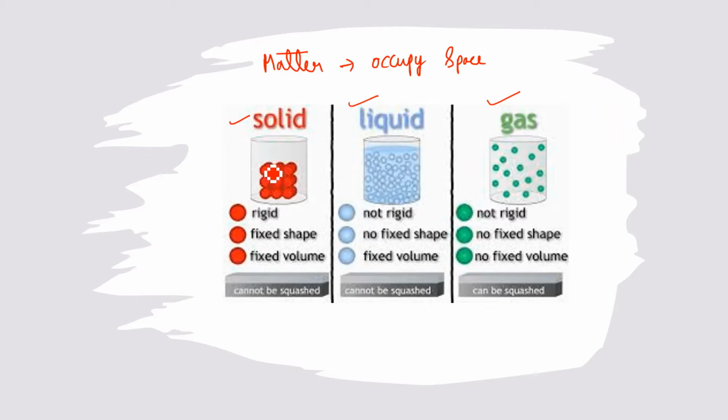In solid, we see that the atoms are very closely packed to each other, not enabling any atom to move even a little bit. That means the force of attraction between two atoms is very strong. Whereas in liquid we can see a little bit of space, and in gases the space is very high. That means these spaces are dependent on